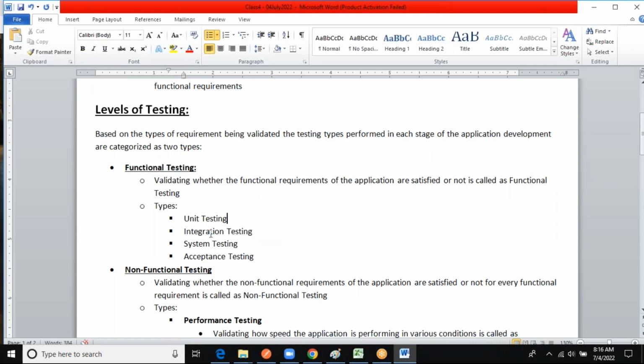Okay, so moving on. As I mentioned, the name itself is telling levels of testing at each stage of the